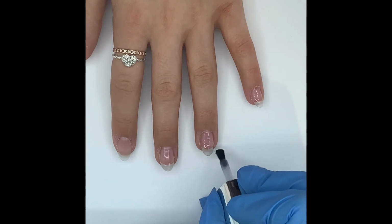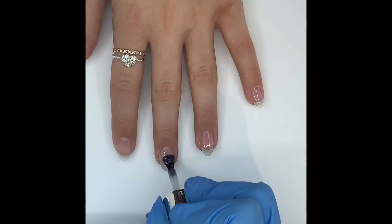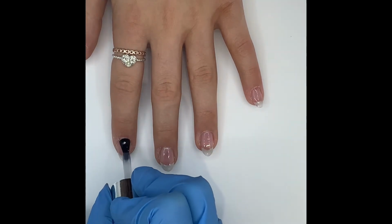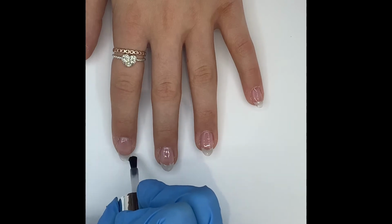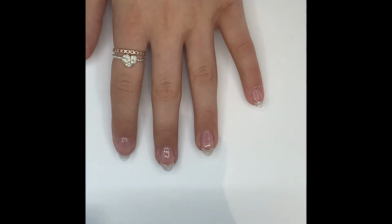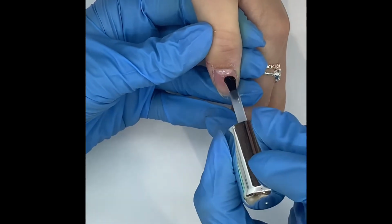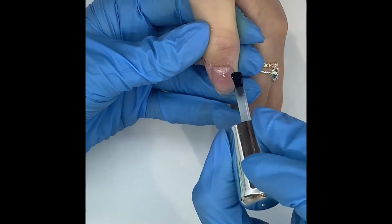Okay, so we repeat on the other hand as well. A layer of the protector top coat, and again where you've refined, you need to make sure that you've gone over with your Disperse to remove any of the dust that you've created when you filed the nails. Pop your top coat on under the UV lamp, and that needs to go on setting number 3